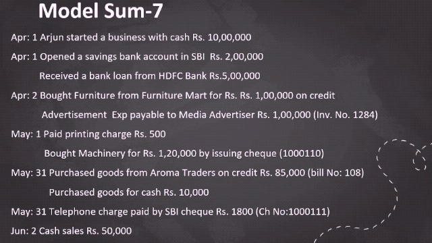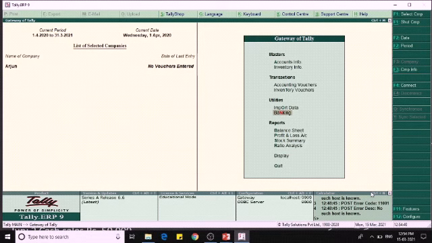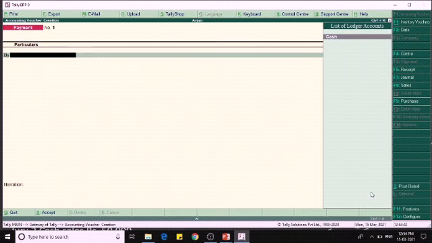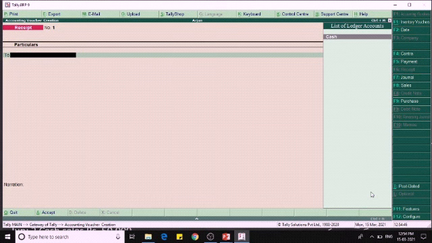Before entering the voucher, we have to create the necessary ledgers for the transactions. For this sum, we will create the ledgers simultaneously. First one: Arjun started a business with cash of rupees 10 lakhs. We have to go to accounting vouchers and enter this in the receipt voucher.